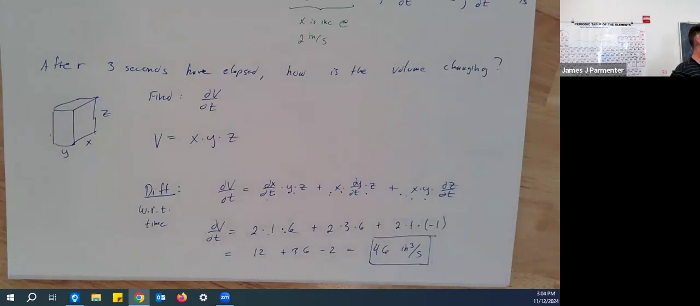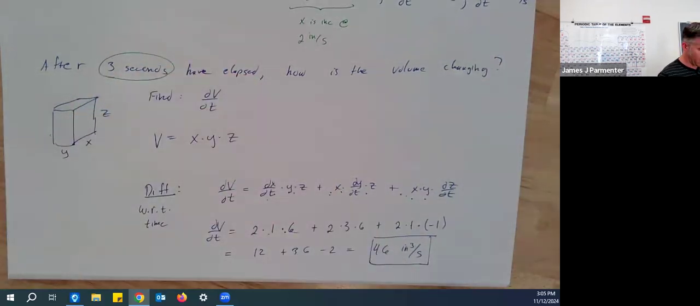I think I made an error, because there was something I forgot to include here. The question was, after 3 seconds have elapsed, how are things changing? So this would have been the correct answer if the question had been, how are things changing after 0 seconds have elapsed? Because when time is 0, that's when x, y, and z are respectively 2, 1, and 6 inches. But 3 seconds later,